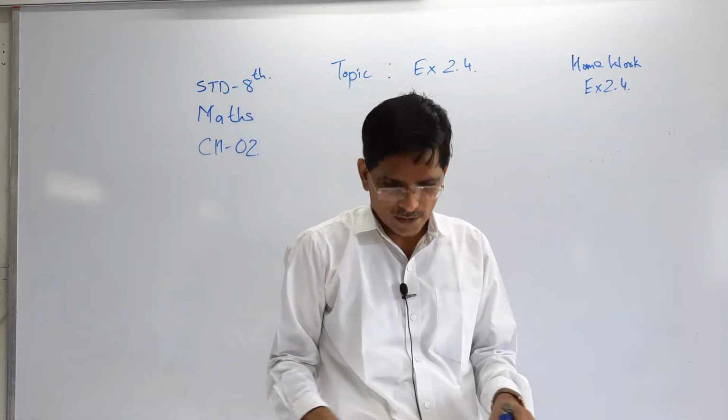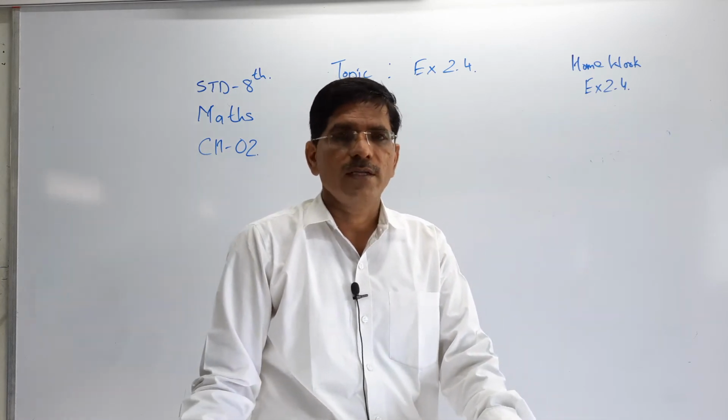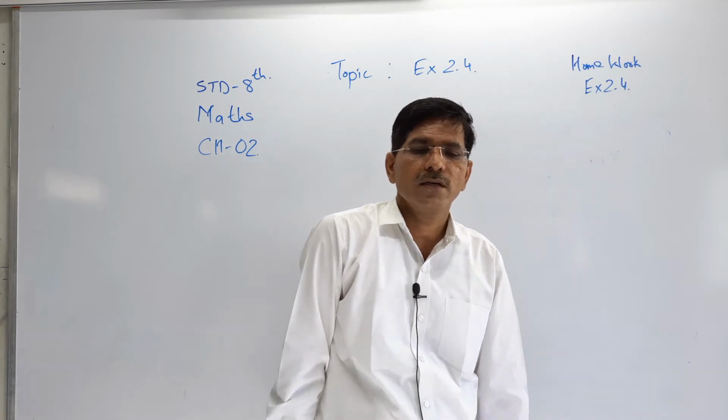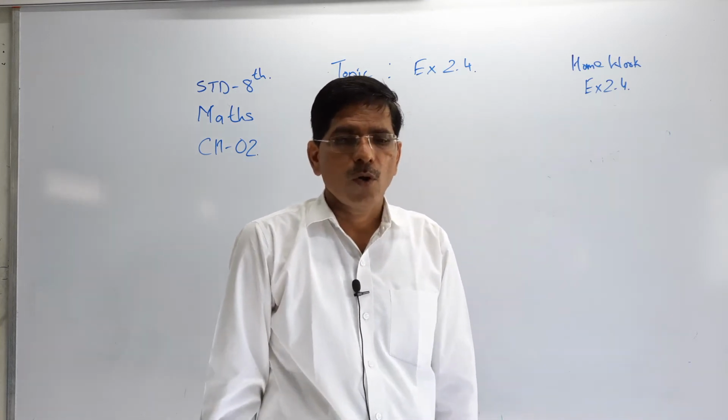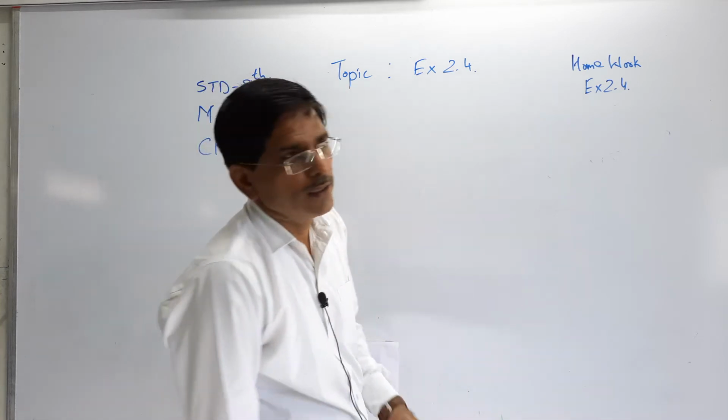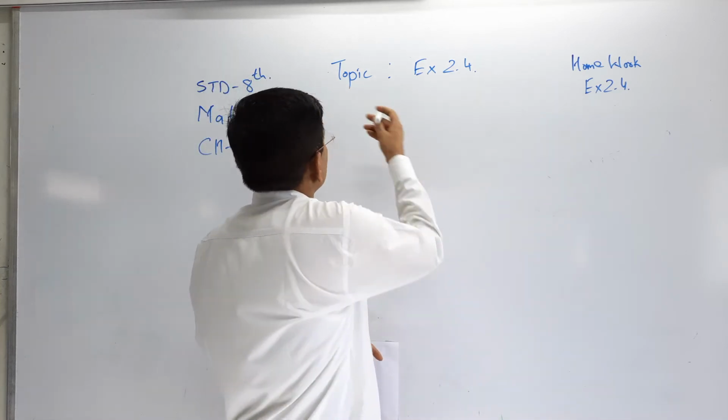So the sum is related to the grandfather. Grandfather is 10 times older than his granddaughter. So what do I have to take? Let the present age of the granddaughter be